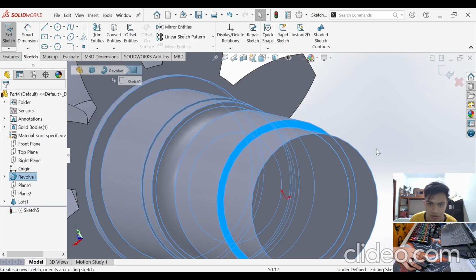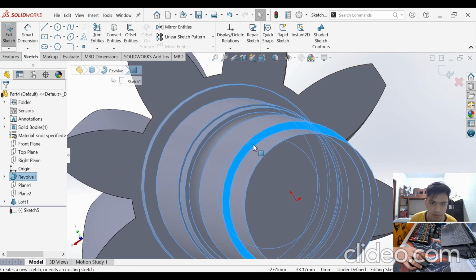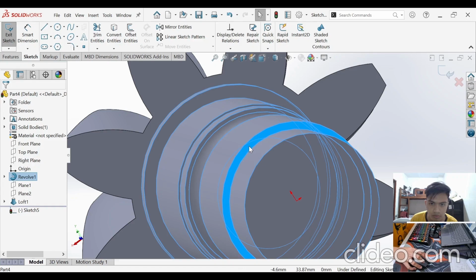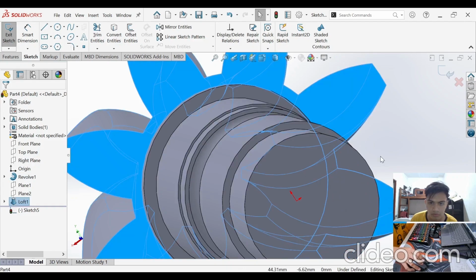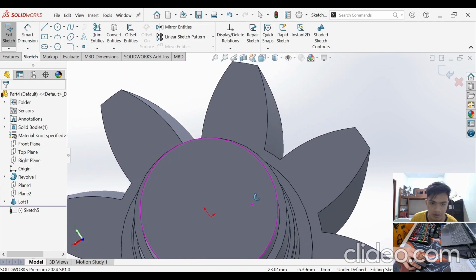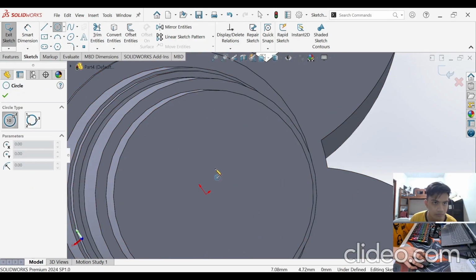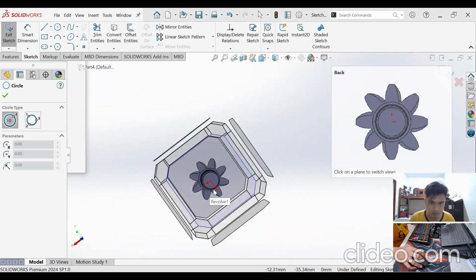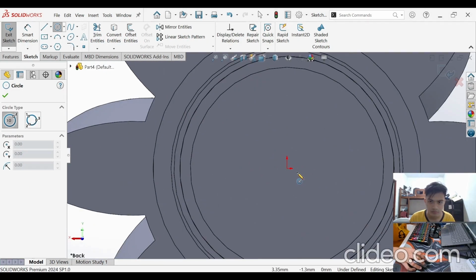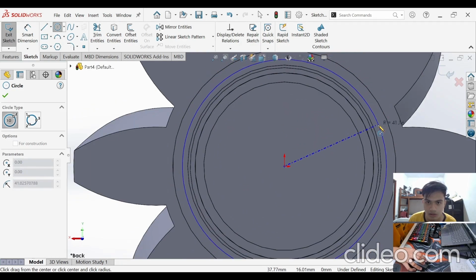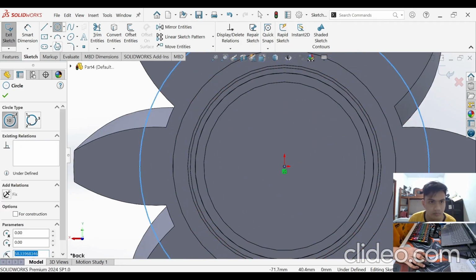Select sketch and let us make a circle measuring 72 millimeters.